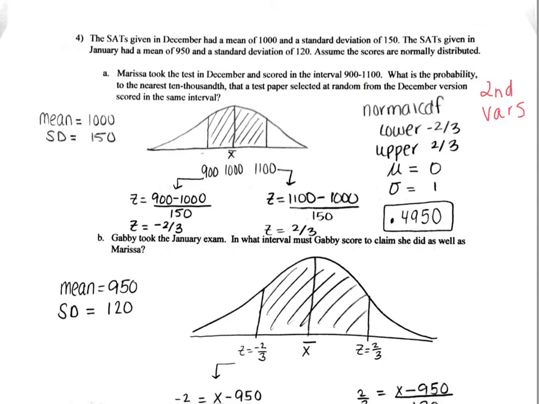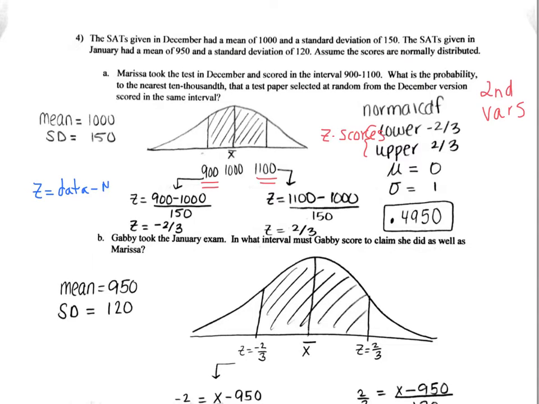Okay. So in order to put this stuff into the calculator, the lower limit and the upper limit, you need a z-score. We have data values right now. We have the score of a 900 and a score of 1100. We need to put our z-scores into the calculator. We can't put 900 and 1100. So the way that we find a z-score, just to remember, is your data value